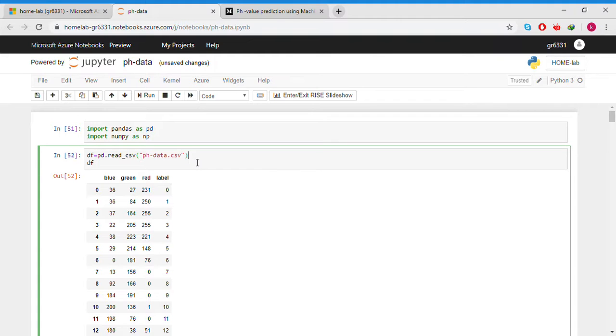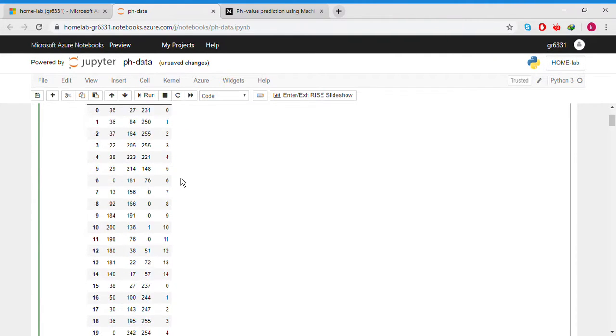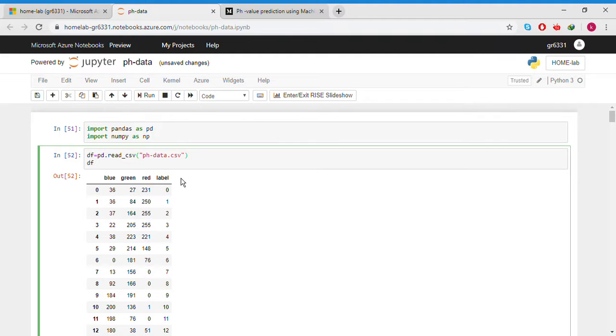653 rows. The four columns here are blue, green, red, and label, and I have 653 samples. Now, in this assignment, I will first load the data, pre-process my data, and then I'll split the